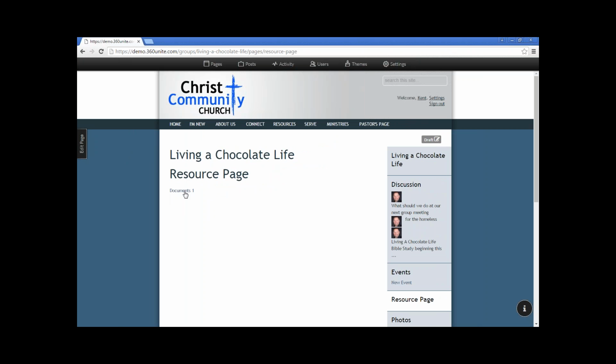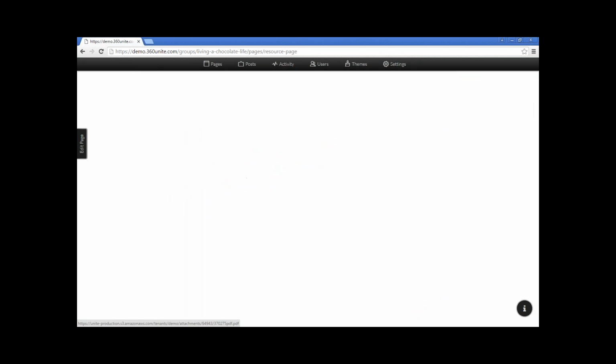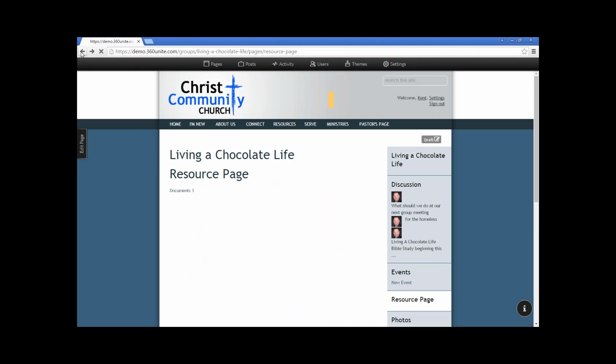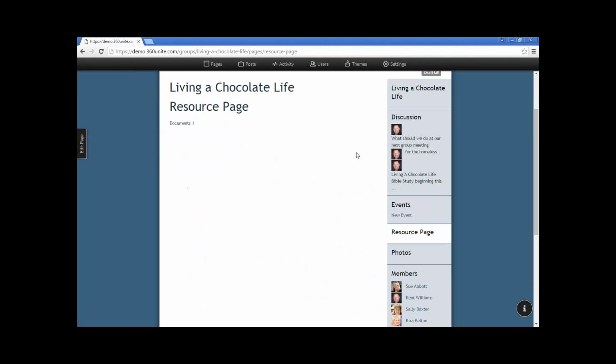Then, whenever people access the group, they can click on Document 1 and be able to read that document. And since it's a PDF, you wouldn't really be able to edit it unless it was set up to be editable. But that's how you could add resources to your group so that group members could go by and read those documents. So now let's take a look at